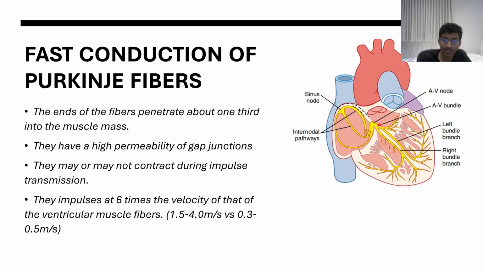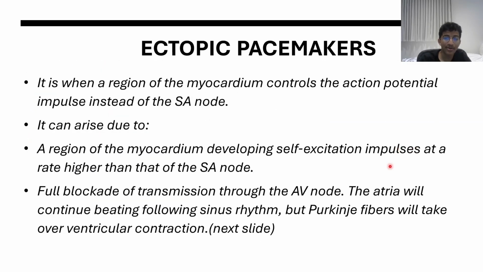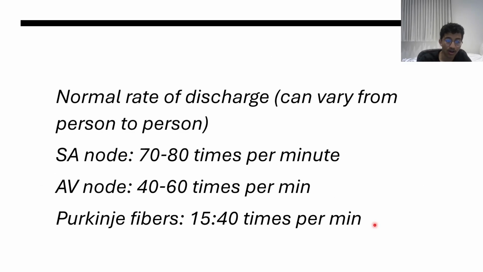If the AV node does not transmit into the ventricles, they won't have an action potential reaching them. So what happens? Purkinje fibers take over. Purkinje fibers will be the ones to generate the action impulse for the ventricles specifically. Now the atria will still beat from the SA node's action potential, but Purkinje fibers will take over